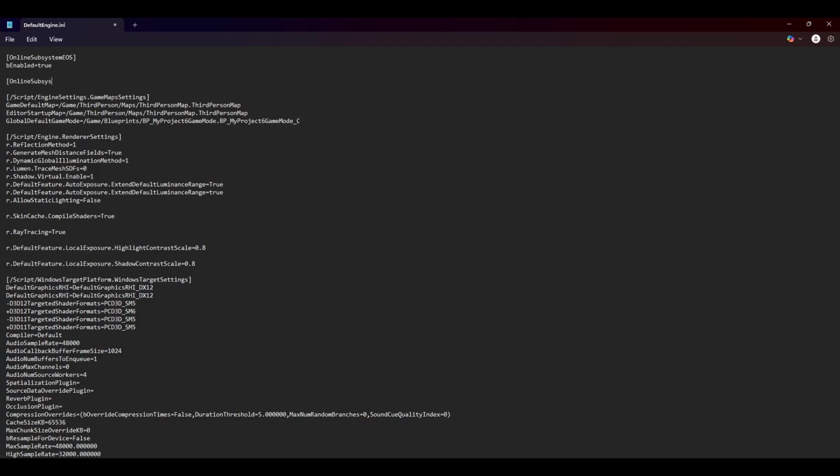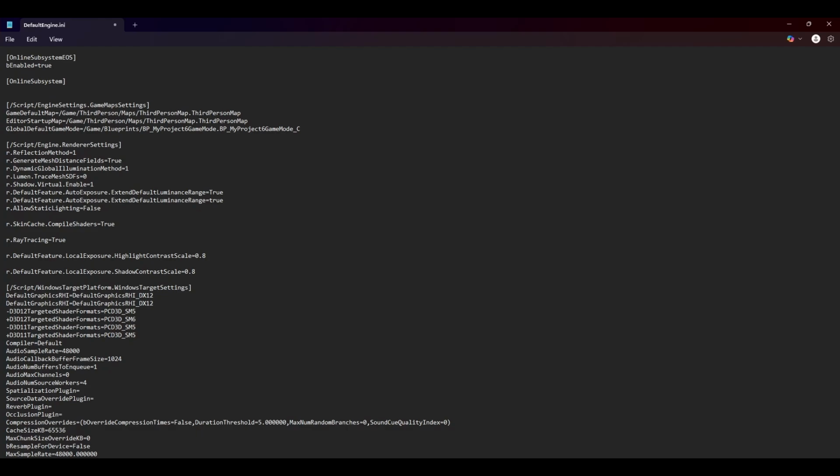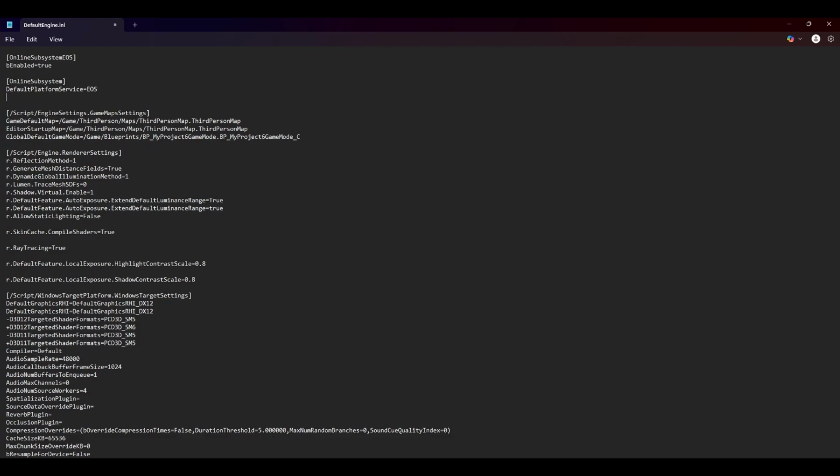Then, what we'll need to do is, for the online, well, nope, we need square brackets, OnlineSubsystem. We will be setting the DefaultPlatformService to equal EOS. And I also have gone NativePlatformService equals EOS, maybe necessarily purely because of some of the function calls that EOS does. Then the next part,